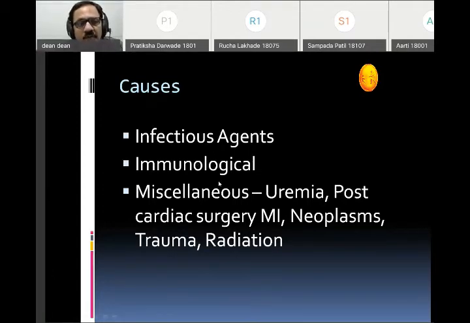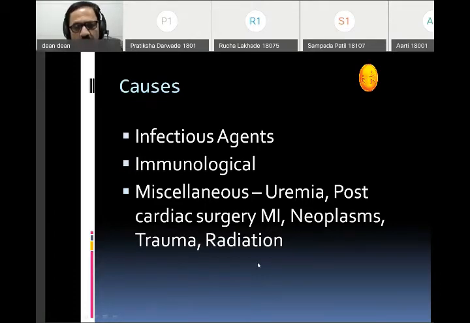Then there are the immunological causes. Most commonly, this is seen in collagen disorders, SLE. Just as you see Libman-Sacks endocarditis, you will also see pericarditis in subacute bacterial endocarditis. It is also seen in some drug reactions, where an immunological reaction to certain drugs causes pericarditis. Now, third is the miscellaneous causes. In the miscellaneous causes, it may be uremia, post-cardiac surgery, myocardial infarction,